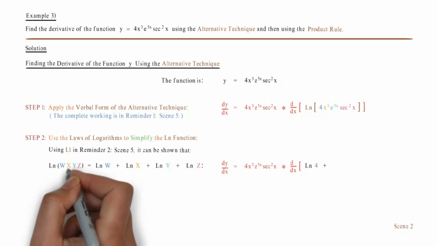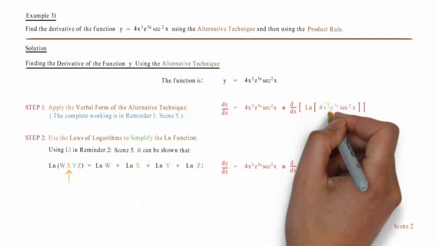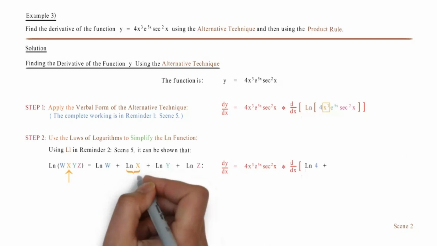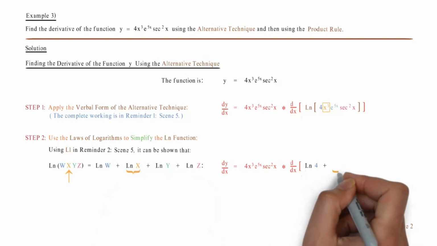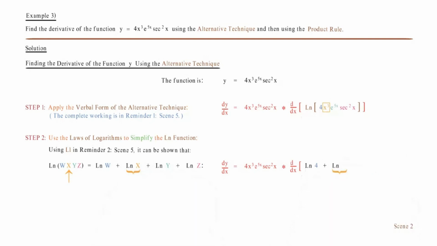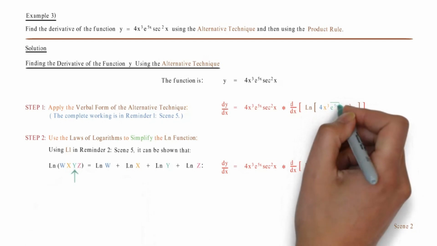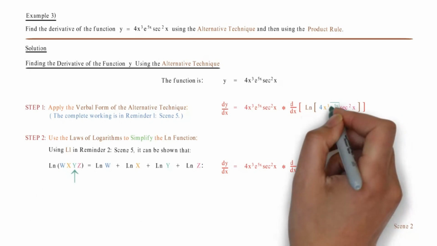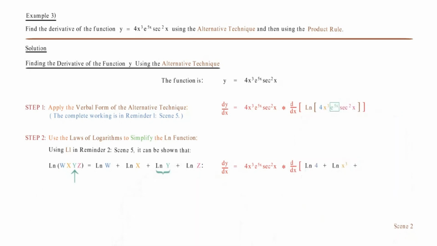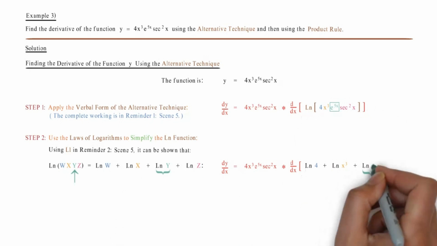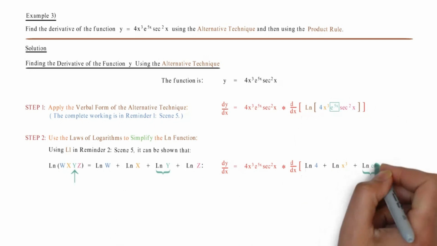Since x is x cubed, ln of x is ln of x cubed, plus is plus. Since y is e to the 5x, ln of y is ln of e to the 5x,